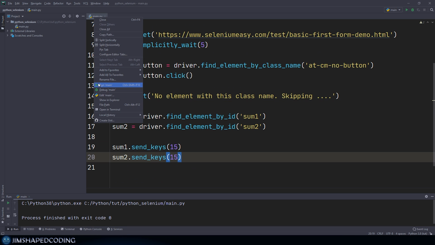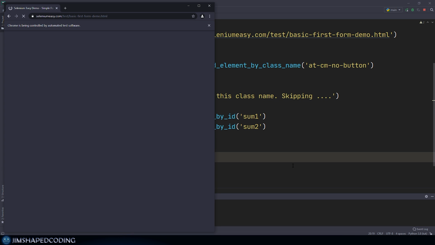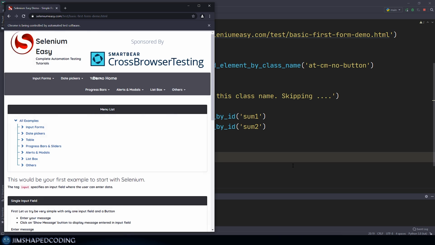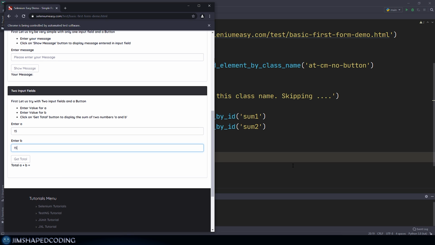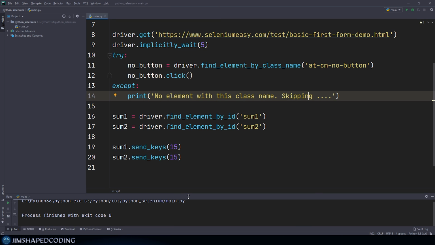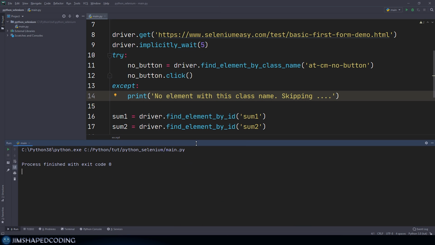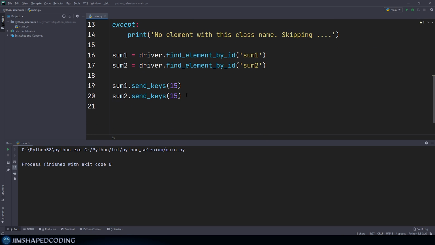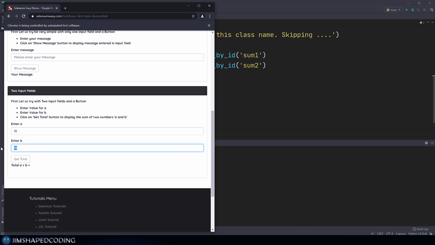Okay, so if we run our program here, then let's see what will happen this time. So the page has been opened, and as you can see, now we don't see the pop-up and we don't see any message from the except block. So what that means is that Selenium identified the element with this class name and it immediately clicked on that button that we wanted to click on from the first stage, and then it went ahead and executed the rest of the lines of code. And you can see that the values are right there,